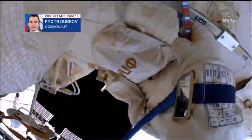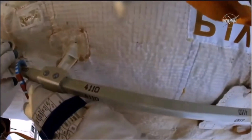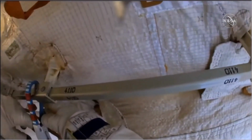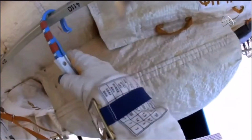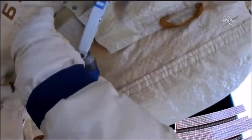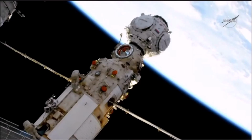Go ahead, Moscow. What about the thermal system? How do you feel? Maybe should put it into mode 2? You mean make it cooler? No, I think I'm fine. All right. Then leave it as is. If you feel